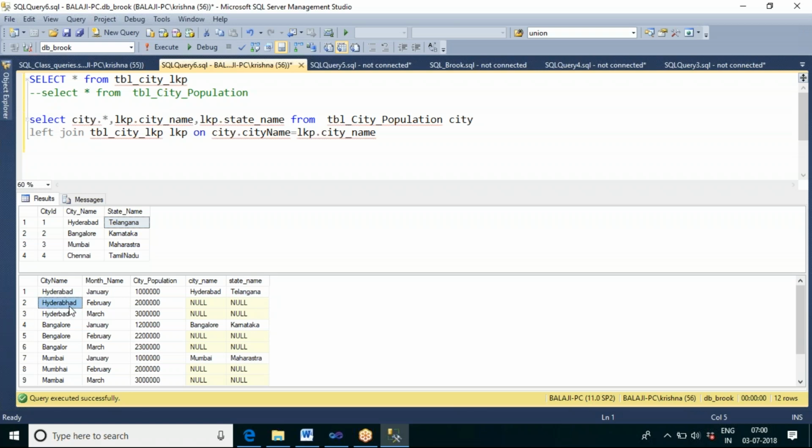But for this Hyderabad, there is some extra H which is not 100% matching with this record, so that's why no state name is coming. Wherever 100% matching is there, like Bangalore and this Bangalore, it is matched, so it shows the state name in the output. But if there is any spelling difference, like here BE is there, which is not matched with BA, that's why the state name is not coming here.